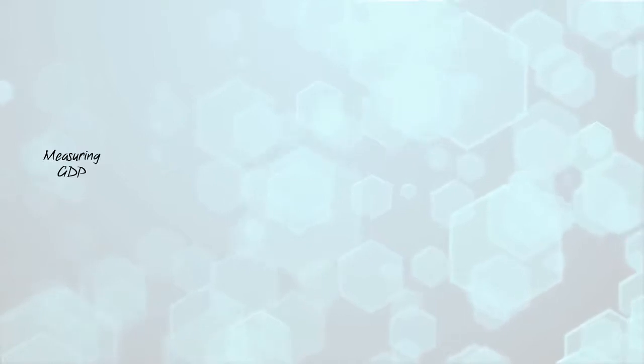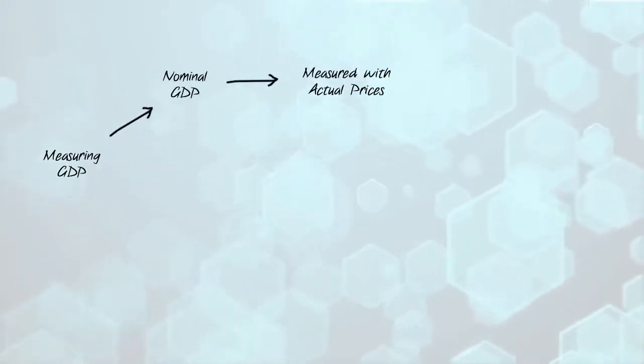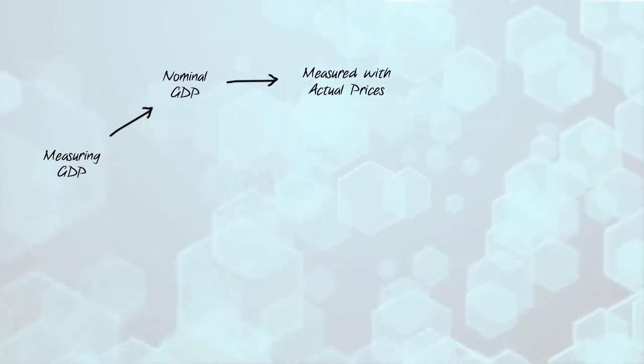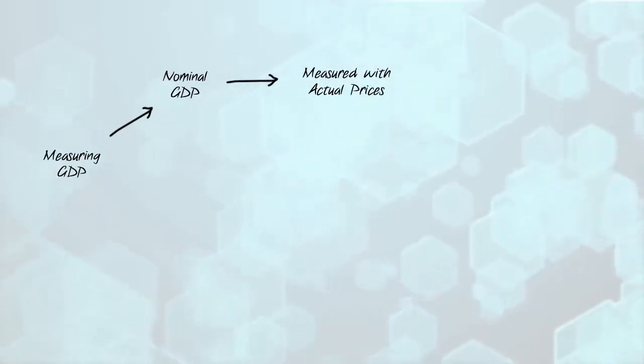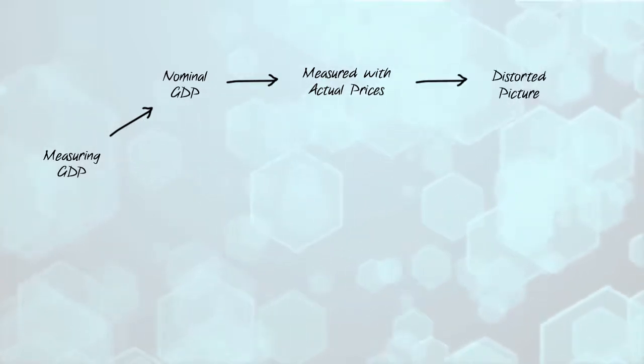In thinking about economic growth and the gross domestic product, it is also useful to distinguish between nominal GDP and real GDP. Nominal gross domestic product is measured in actual market prices. However, prices change over time, often rapidly, and if we were to use nominal GDP to measure economic growth, it would give us a distorted picture of actual growth. For example, if prices double, nominal GDP doubles. That doesn't necessarily mean any actual growth occurred. The apparent growth in nominal GDP could just be due to inflation.